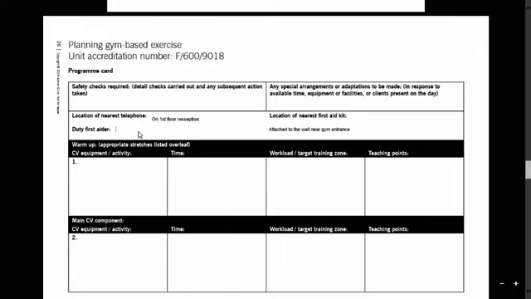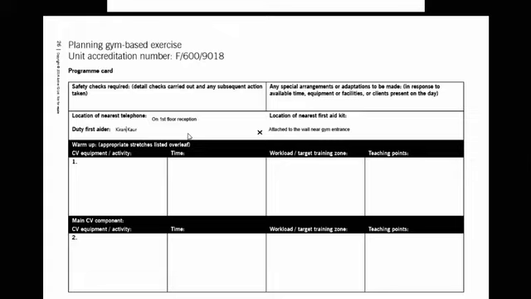Duty first aider, so it depends on what day you're delivering the session, but who is the duty first aider on site? And put that in there, because obviously when we deliver the session, this is going to be important information. Now, if something does go wrong, we need to know where that phone's going to be. We need to know who's available to deliver first aid. And I've spelt reception wrong, so I'm just going to rectify that. And that's that. So make sure you've got those ticked off and that they're going to be accurate.